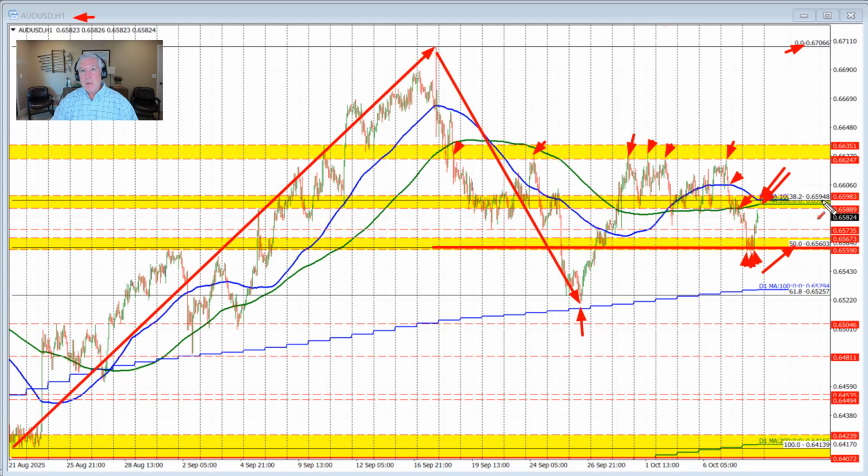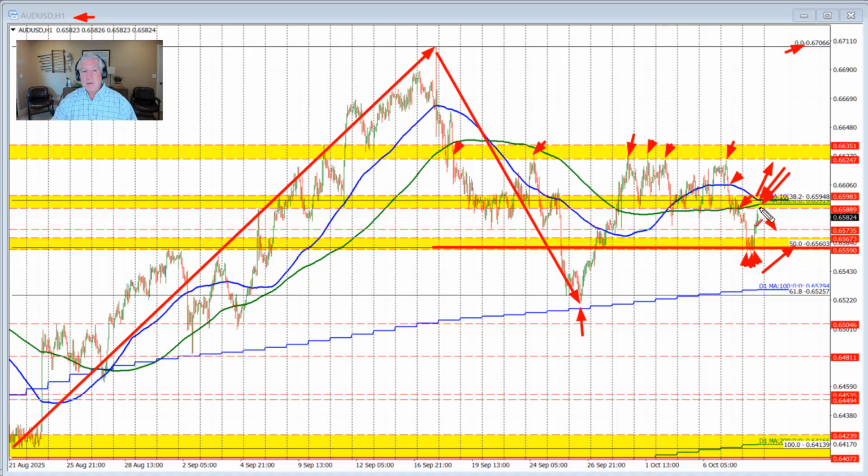But we're going to be focused on these moving averages near the 0.6594-ish type level. If the price is going to go higher, we need to stay above that level. If the price is to stay below that level, then we want to see further downside momentum start to develop